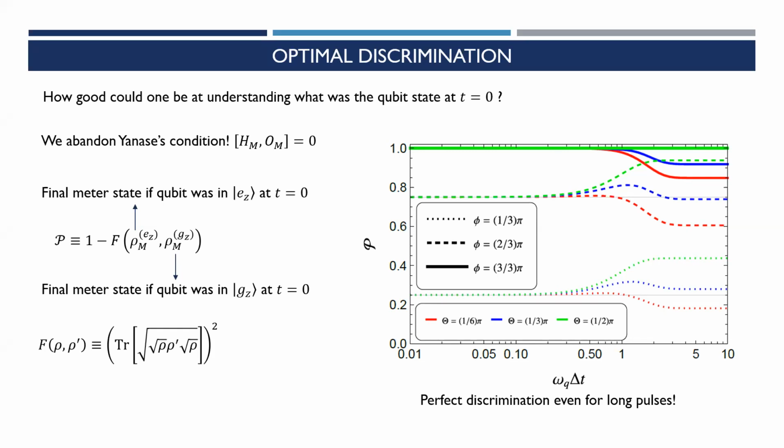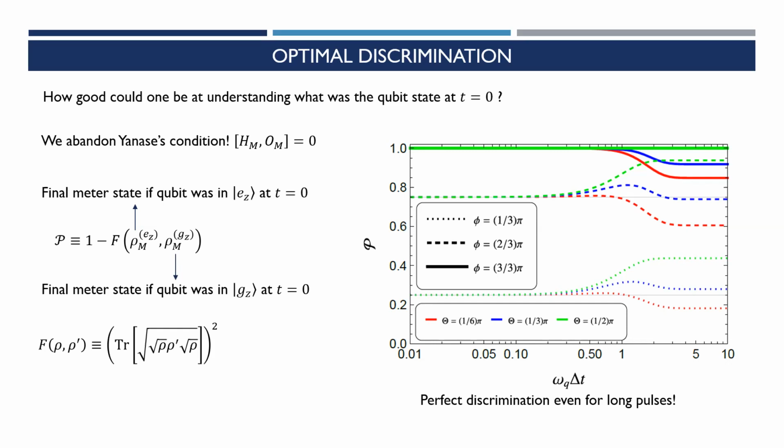And you obtain this plot here, in which we can see something very counterintuitive, I would say. First, in this set, in which we have the maximal interaction and maximal tilt, we can have perfect discrimination even for very long pulses. Second thing is that for some reason, when you go to long pulses, you can even increase your ability to discriminate between these two states of the qubit. So, all of this depends on the fact that you are abandoning Yanase's condition and you are optimizing over all possible classical measurements, which also means that in practice, the classical measurement doing this is possibly something incredibly complex to do experimentally. However,